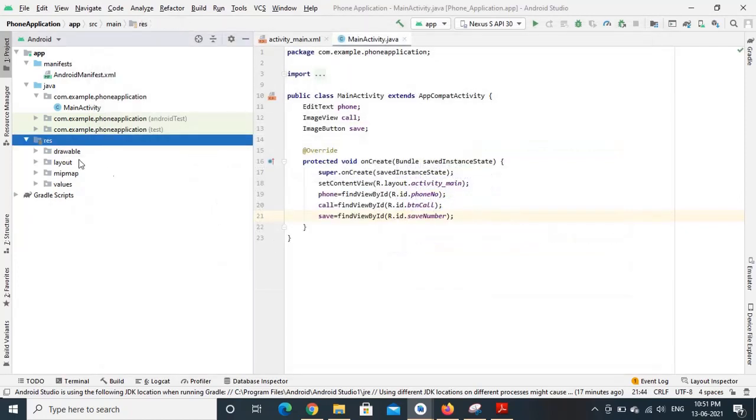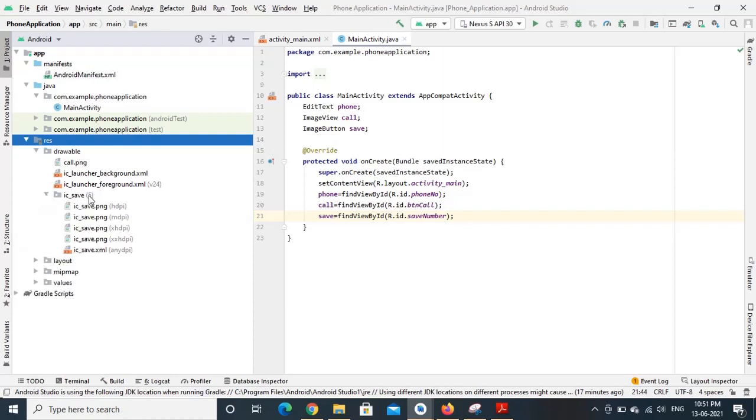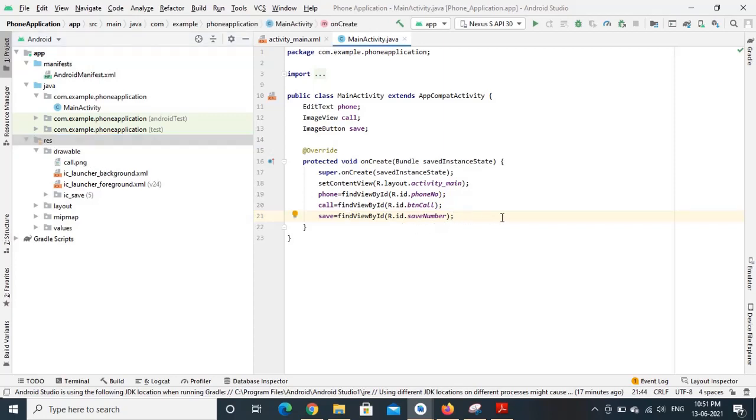Finish. You can see here IC save folder is created where we will be having all the images which are created for different DPI. Now we can use these resources for our purpose.